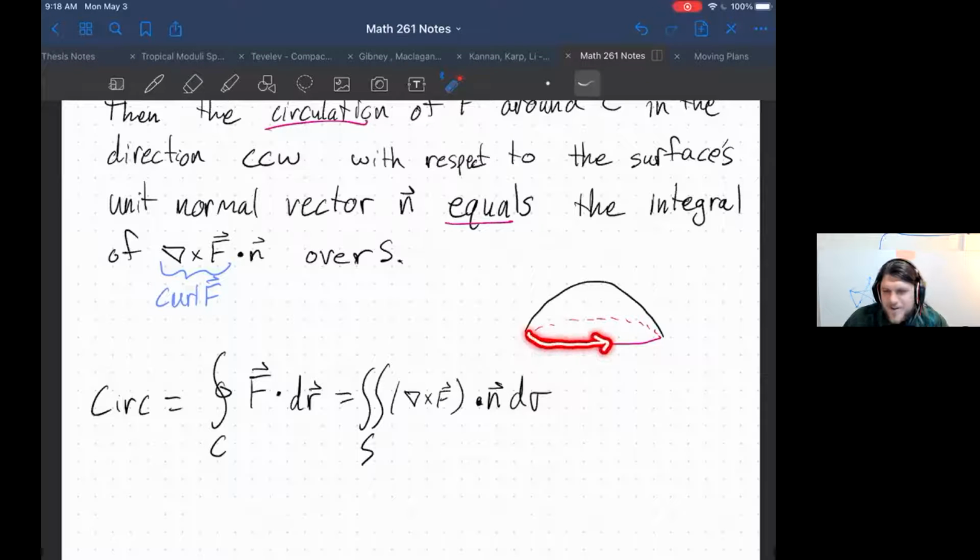Right, there's two kinds of counterclockwise. It's whether you're looking at this thing from the top down or the bottom up. If you look at it from the top down, then this direction, like we had before, is counterclockwise. Whereas if you look at it from the bottom up, you have the other direction being counterclockwise. So if we have a normal vector going this way,